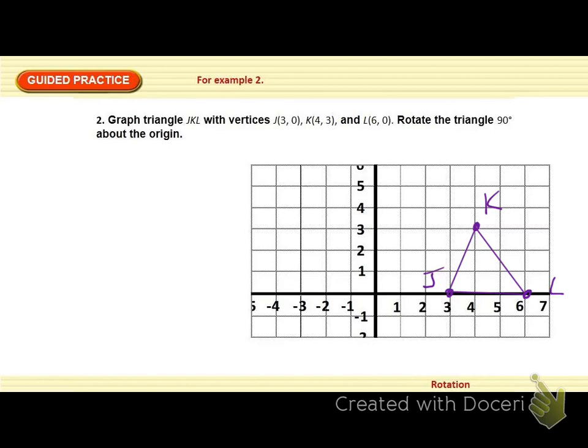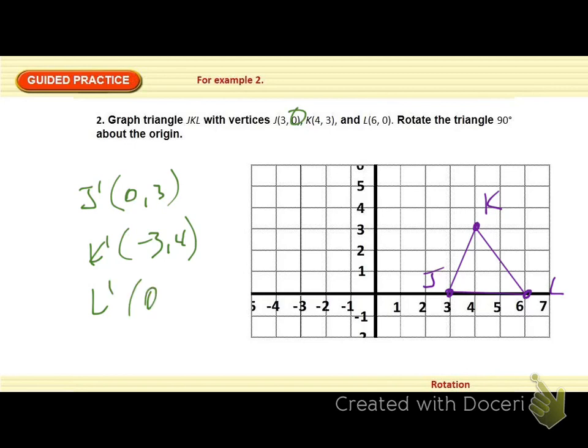And now rotate it 90 degrees. And if we rotate it 90 degrees, then that means we're going to change the y coordinate and flip-flop them. So change y and flip-flop them. For j prime, it's going to be at 0, 3, negative 3, 4 for k prime, and l prime will